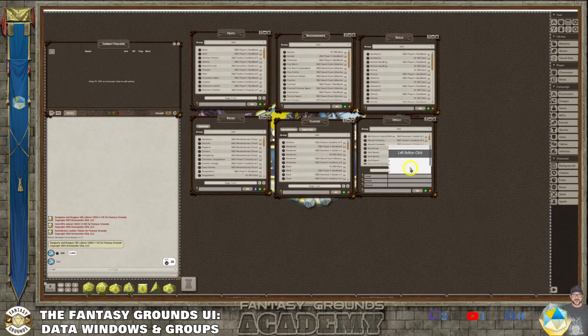So you can filter by level. So level 0, in this case, is cantrips. You can also go by source. So maybe you only want to look at the bard spells. And then, of course, if it's a ritual spell or not, you have that filter, and then you have the